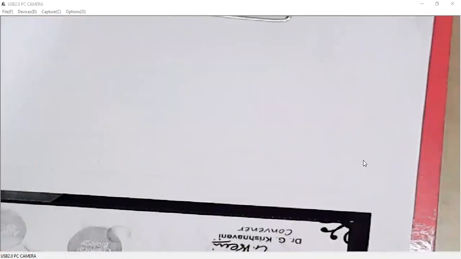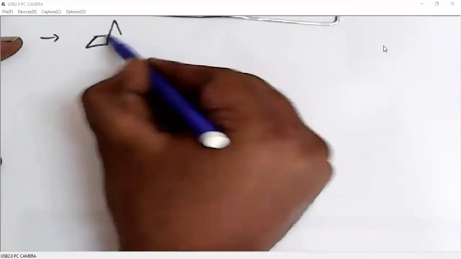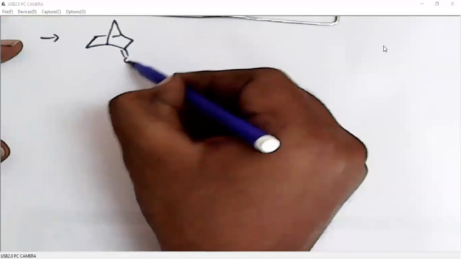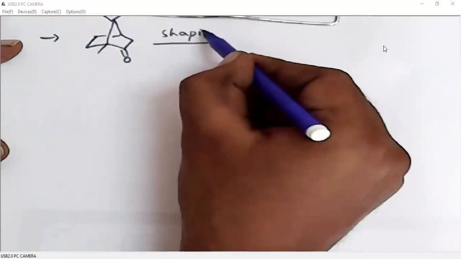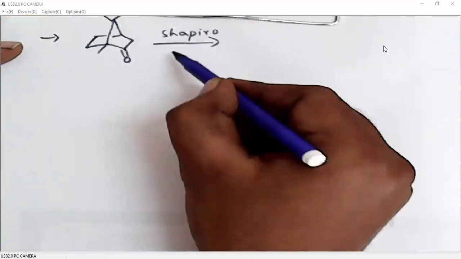I'll give 3 more examples on this and then we will see the Eschenmoser fragmentation. You just write the products, okay? I'm not going to give you the products. So under Shapiro reaction conditions, what is the product we get from camphor? This is camphor, right?